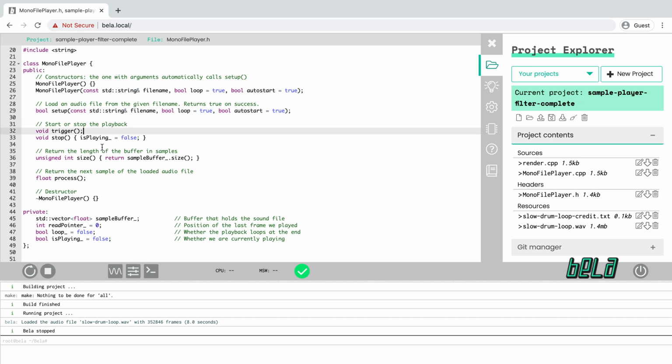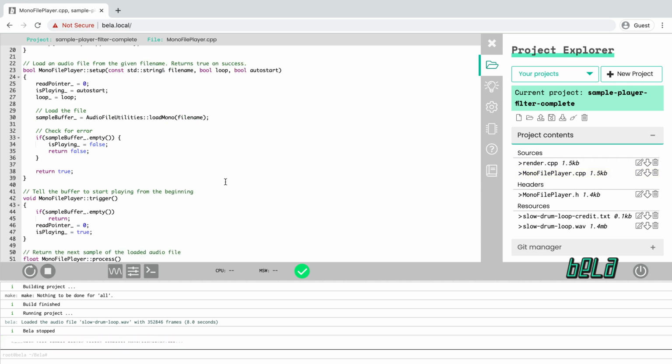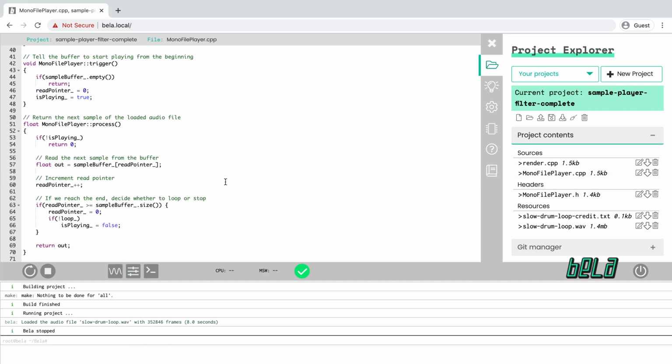If the sound doesn't start automatically, then we can call this method called trigger to start it playing. The method called process is one that we saw in our wavetable example from an earlier lecture. The idea of the process method is that we call it every single audio frame regardless, and it will return to us the next sample in the buffer. If we go over to the CPP file that implements this, then we can see down inside of the process method. Inside the process method, we essentially have the same code that we would have seen in Lecture 2, where we read a sample from a buffer, we increment our read pointer, we check if the read pointer has gotten to the end of the buffer, and if that's the case, we either reset it back to 0 and start